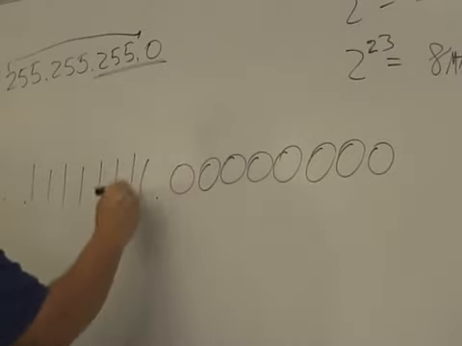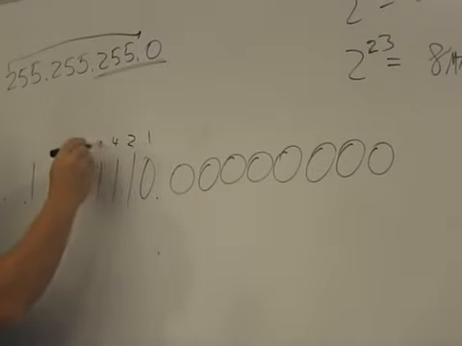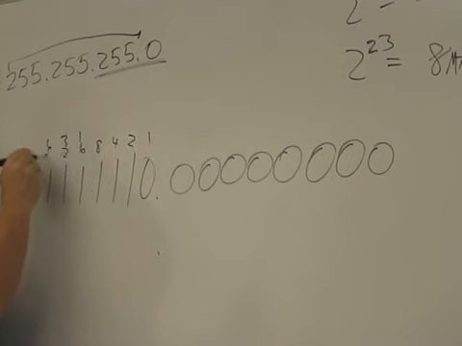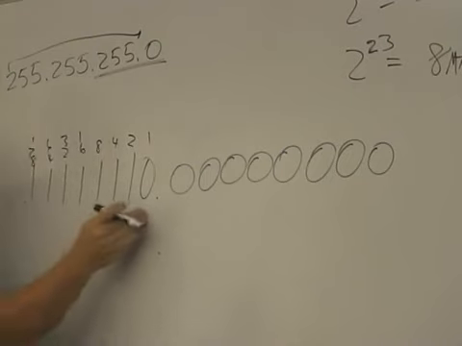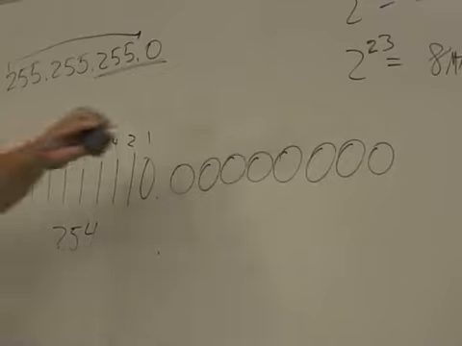Right? But then what does that do to this binary number right here? It's no longer 255. We took 1 away from it. Why 1? Because 1, 2, 4, 8, 16, 32, 64, 128. I took away its 1 bit, so I reduced it by 1. So this number is now 254. Okay? So if that were the case, if that was your obstacle, that you needed 1 more bit